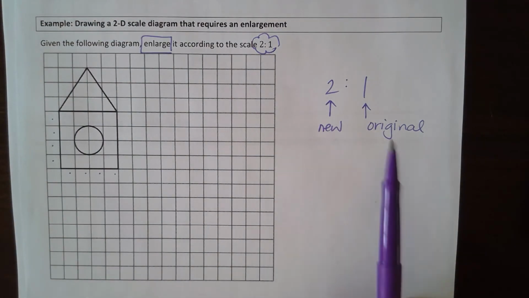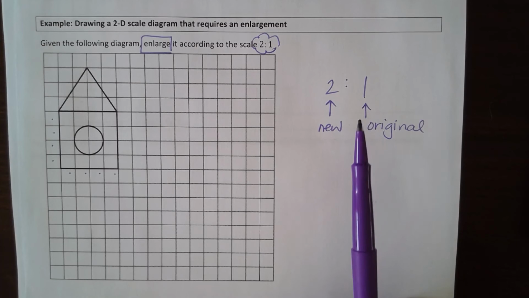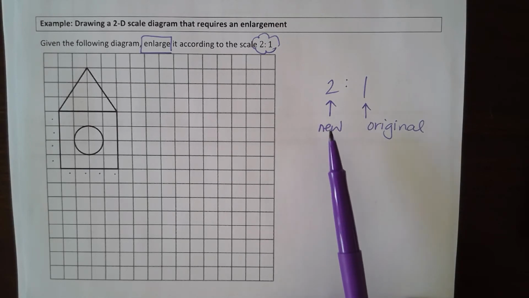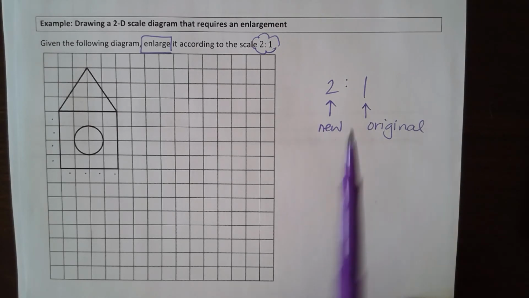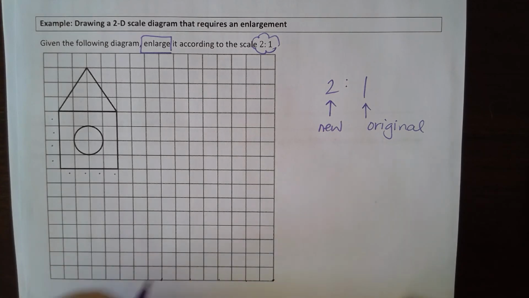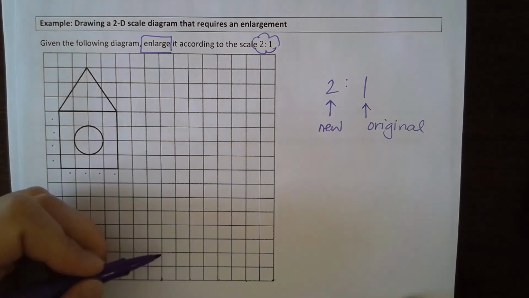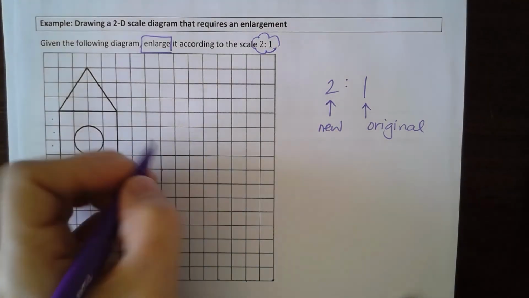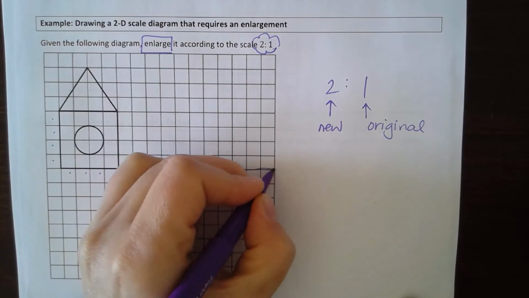So for every 1 square in the original, our new shape is going to take up 2 squares. So this length of 4 is going to get translated into a length of 8. Okay, so let's just start down here. 2, 4, 6, 8. Did I do that right? 2, 4, 6, 8. There we go. And then we're going to go up 2, 4, 6, 8. And the square then